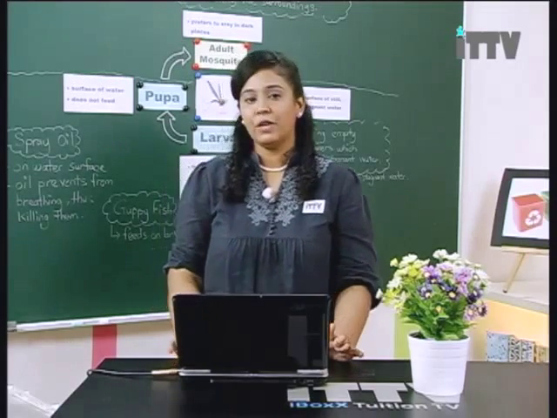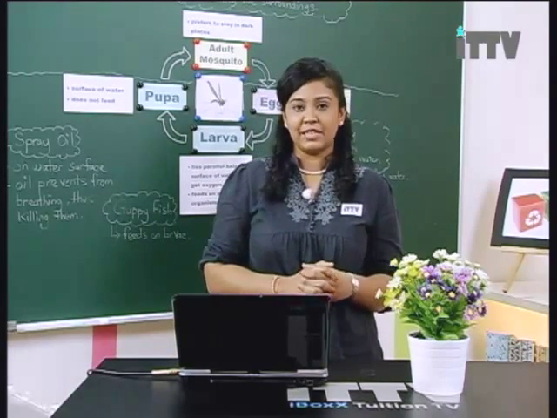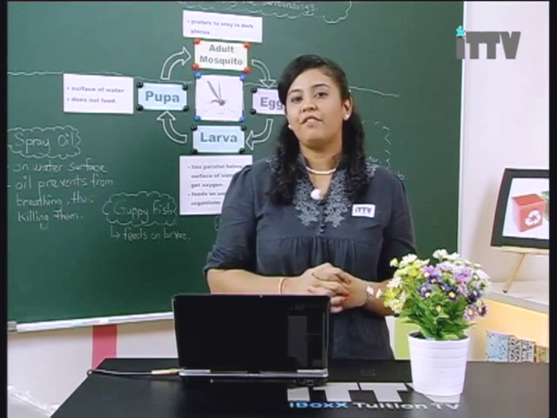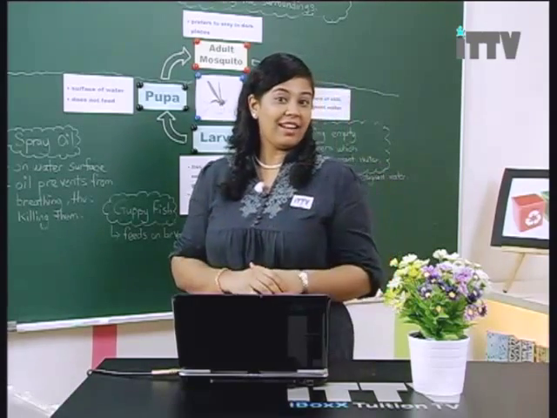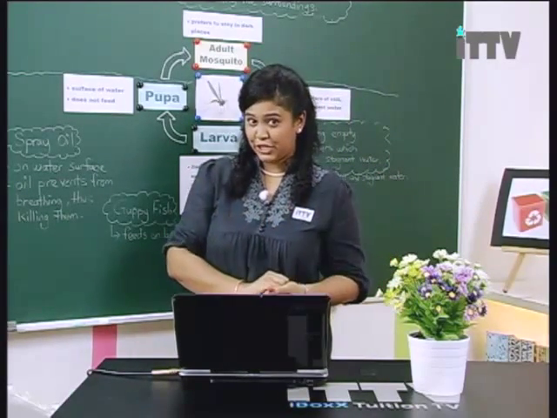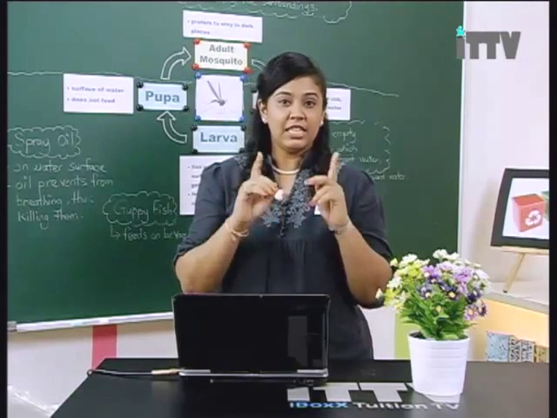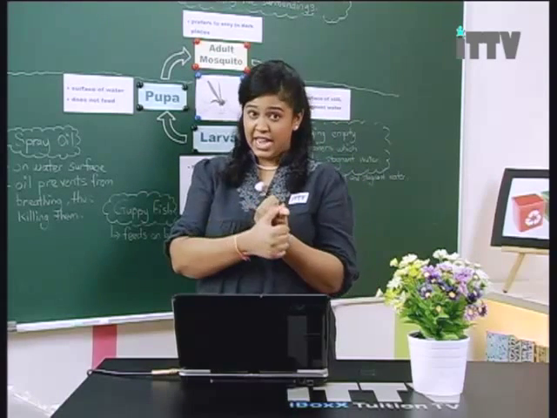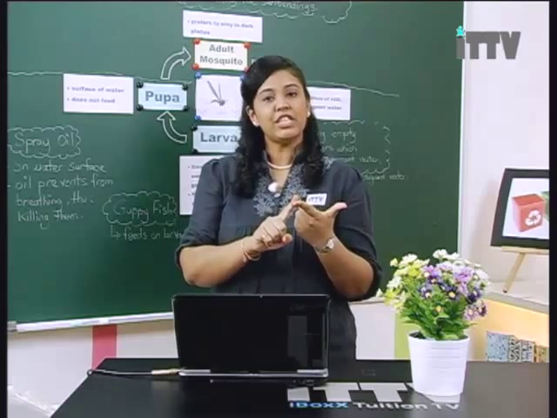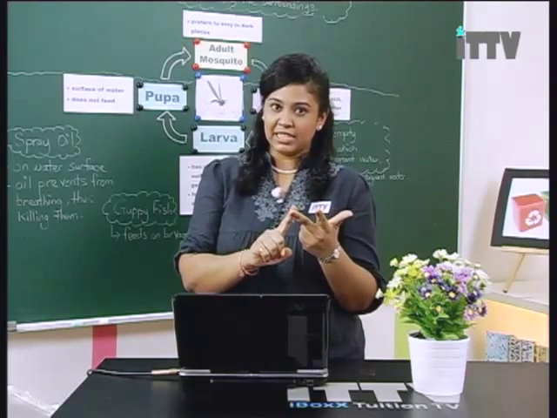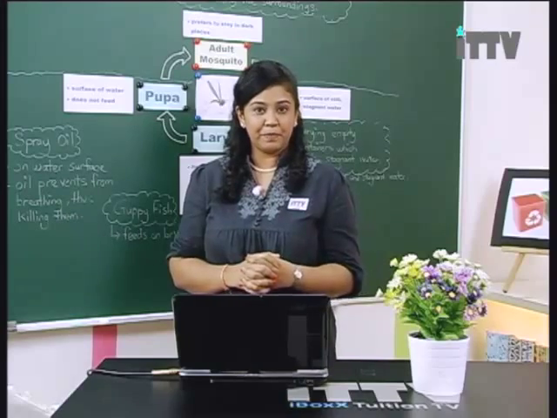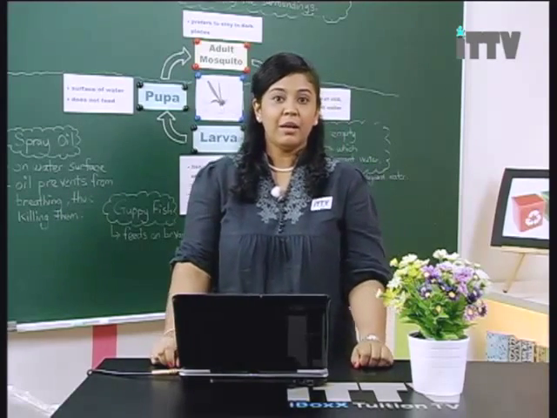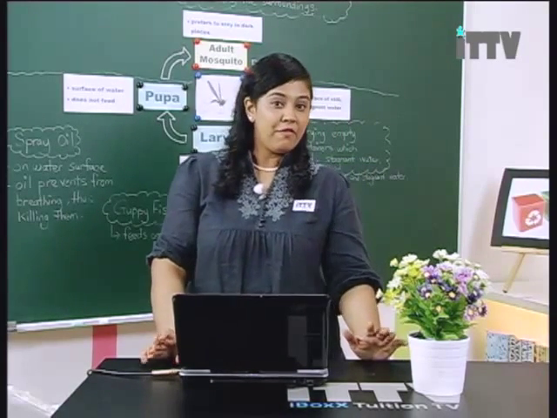So we have seen all the 3 questions. Let's summarize for today's lesson. We have learned the life cycle for flies. We have learned the life cycle of mosquito. We have learned the different types of sterilization methods. The methods are heat sterilization, radiation sterilization, and chemical sterilization, and the sub types to it. So understand the lesson well because it is a very interesting topic, because this is how we actually prevent infections